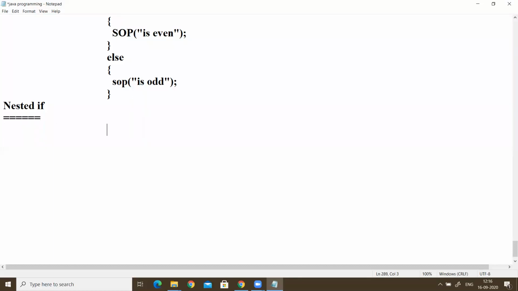So the syntax is: if condition, then open brace, within this again we write one more condition, then next in this again we write one more condition, this open brace, then the statements.